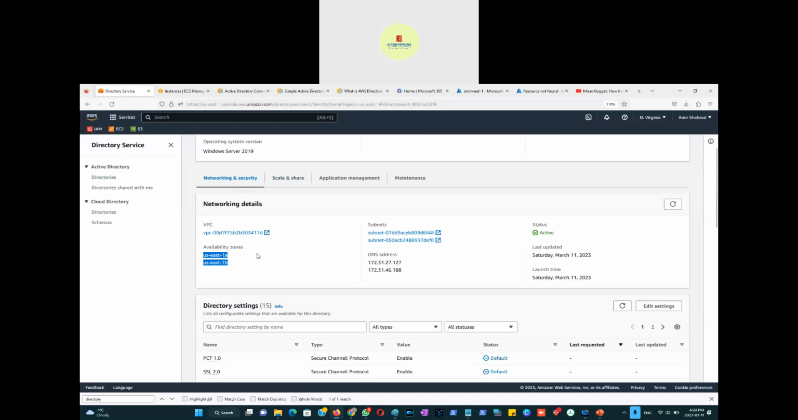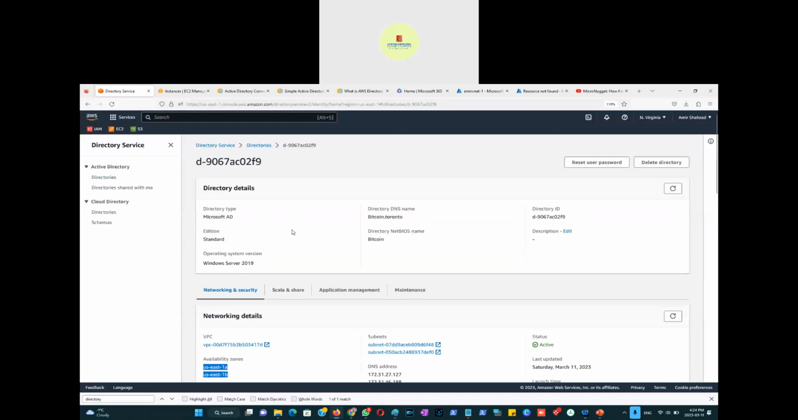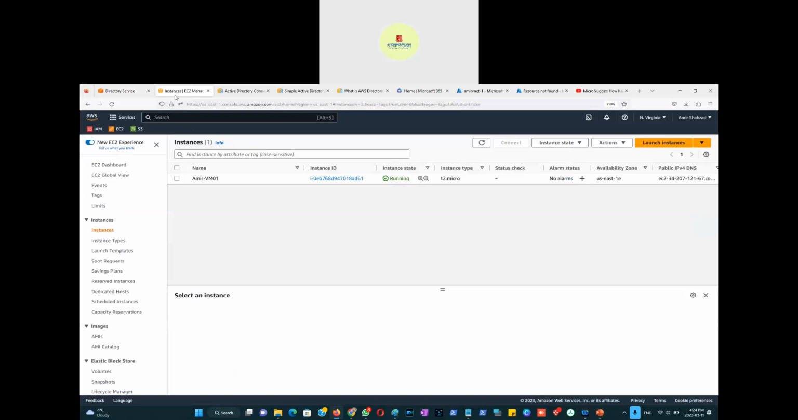Now I'm going to quickly create one more virtual machine, and this time I'm going to mention that I have a directory service here, and the directory service should appear there as well. So I'm going to quickly create one more instance after Active Directory is deployed. Then I'm going to connect both. So I'm going to click launch instance again,